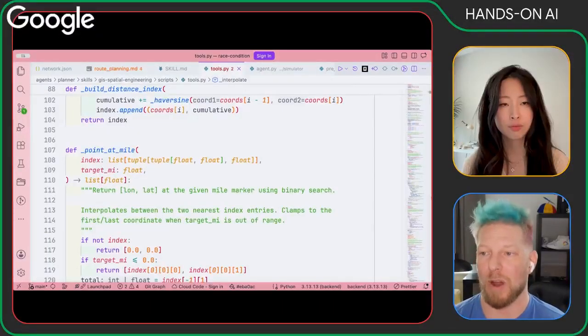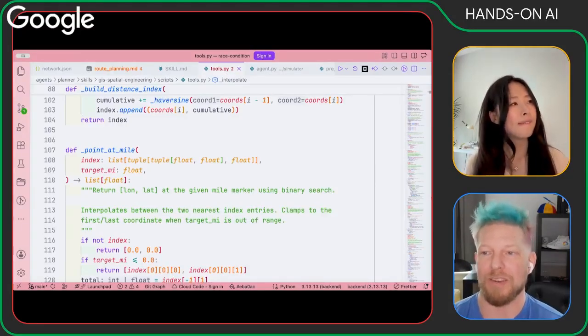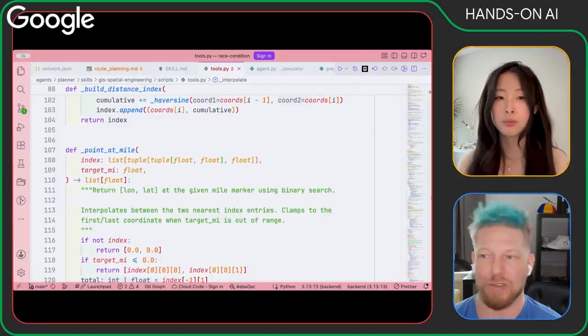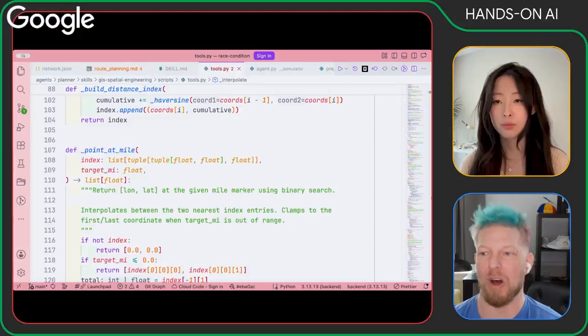So that's how we determined it in the planner agent, right? And then there's two other locations where we had to make similar decisions. The simulator is an agent, but what if the work is really mechanical? But it lives inside of an agent framework. So you still want an agent lifecycle, right? And you still want things like A2A to communicate with it. You still want telemetry, but you don't want an LLM call for something that might be a deterministic or a